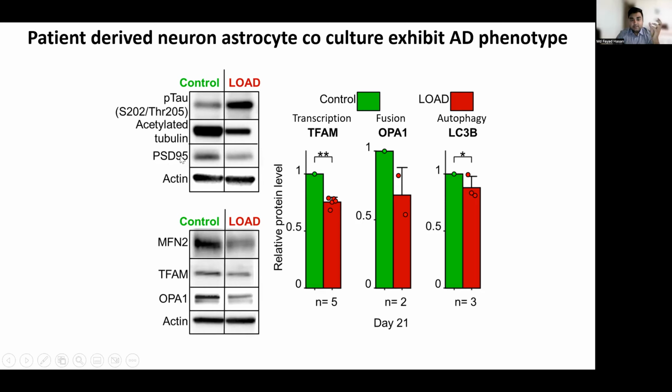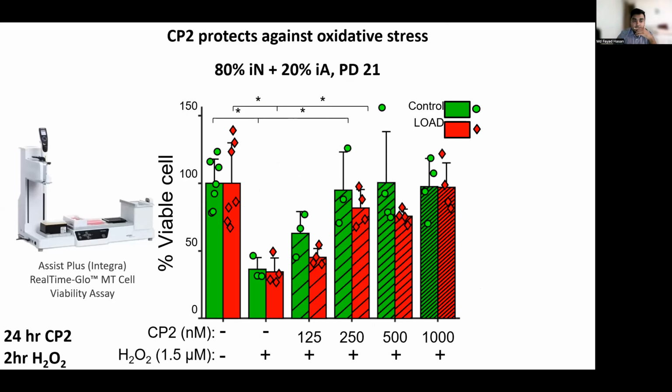And PSD-95 is a synaptic protein marker. That's also decreased. That means that these neurons are actually not able to talk to each other properly. And these are mitochondrial proteins. You can see that in all cases, the mitochondrial proteins are decreased in neurons and astrocytes from Alzheimer's disease patients. So that actually adds merit to our claim that there is a mitochondrial problem inside the Alzheimer's disease brain. But